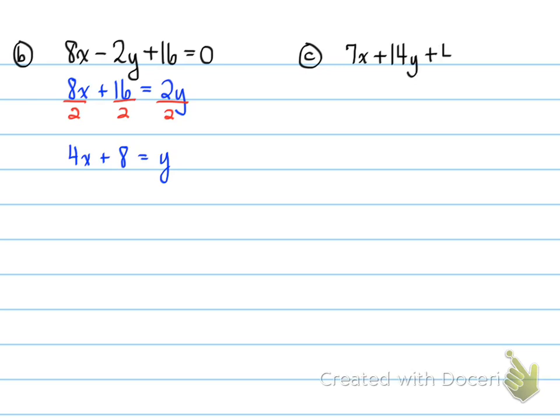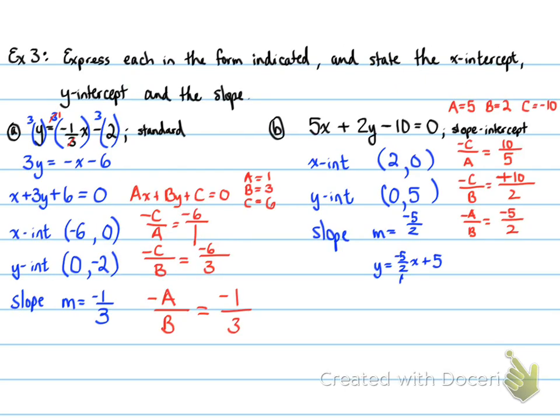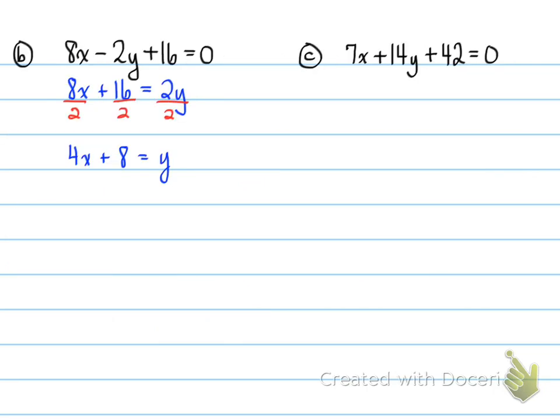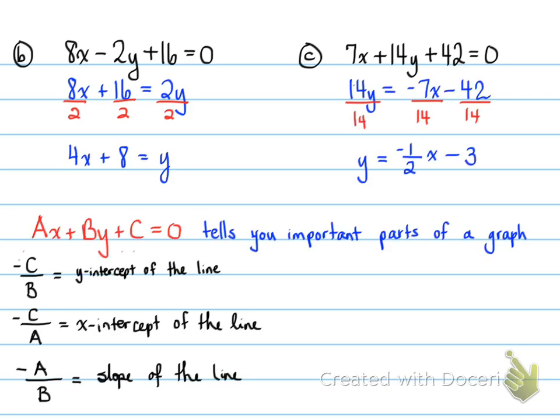7x plus 14y is equal to 42. Oh, pause that. 7x plus 14y plus 42 equals 0. All right, step number 1, isolate y so that y is positive. That means that 14y is going to stay where it is. Everything else is going to move over. It's going to equal